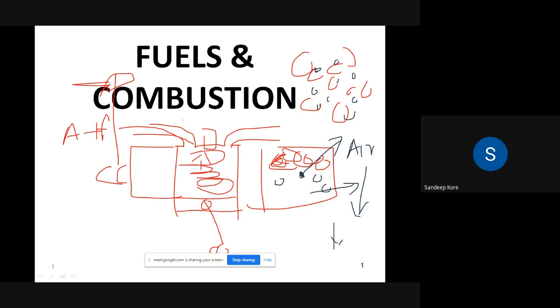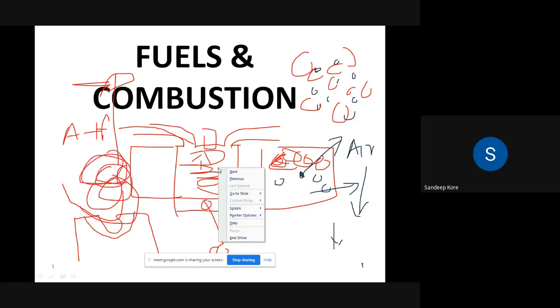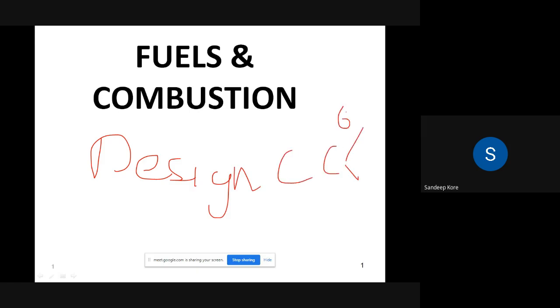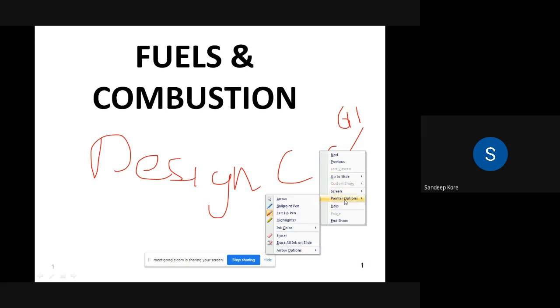That's why in some cases, if you observe the piston of your engine, a small cavity is given at the top side, so that whenever the air-fuel mixture comes inside the cavity, it gets some swirling motion. Because of that, proper mixing of air and fuel takes place, and we get good combustion efficiency. So it comes in the design of the combustion chamber, for petrol and diesel vehicles, that we are going to study next year, most probably, if you have selected the elective as IC engine.